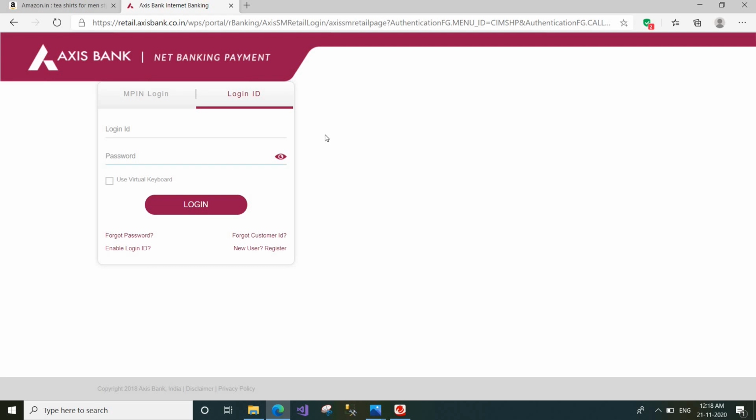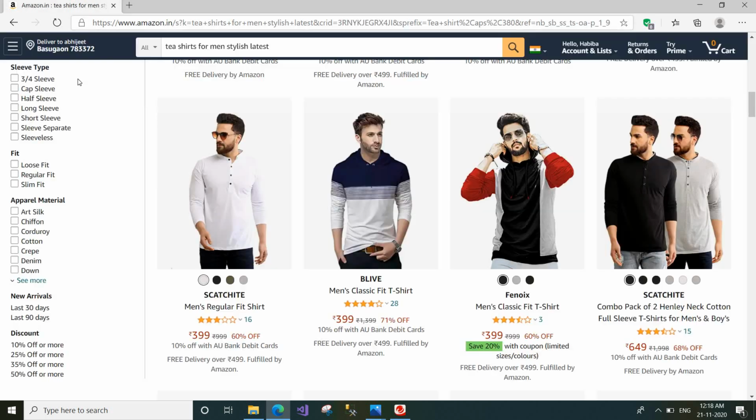You have to put that OTP and the order. If the OTP is correct, the order will be placed successfully. This way you can place an order in Amazon website.